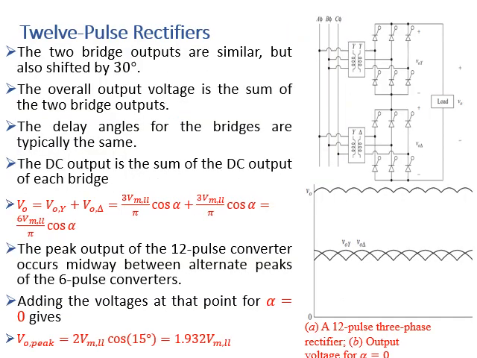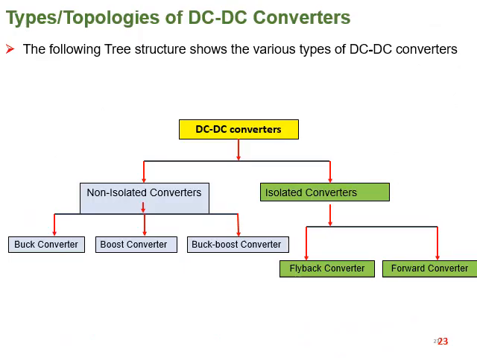And at the end, we have learned the 12 pulse rectifiers, how it works and how we can use it for different applications. So the next section was the DC-DC converters, chopper circuits. So we have learned the complete operation analysis of the DC-DC converters, where we classified these converters into non-isolated converters